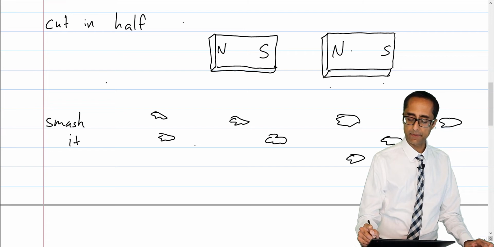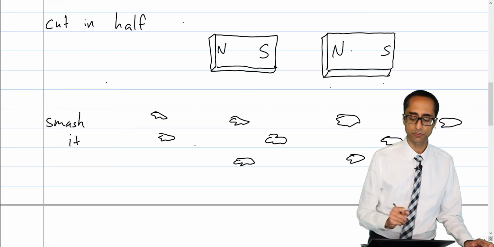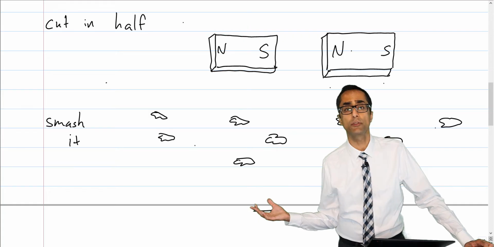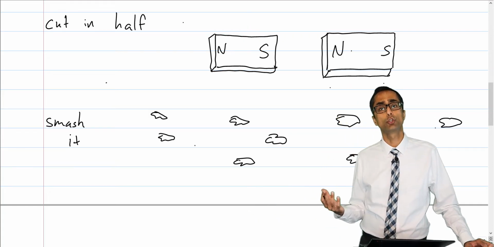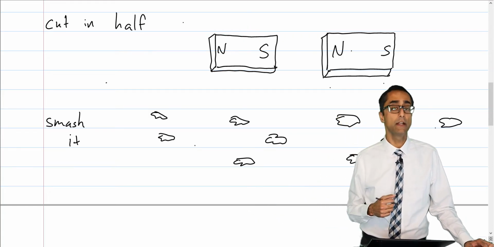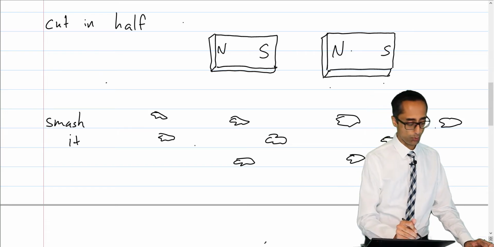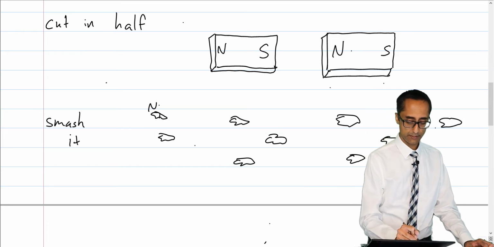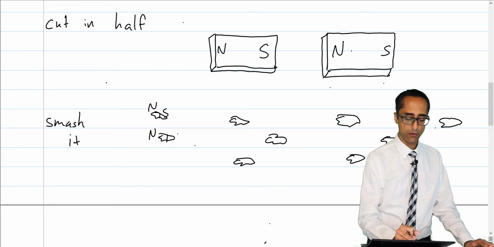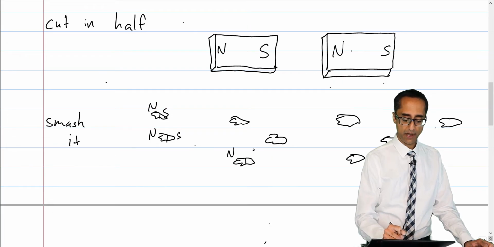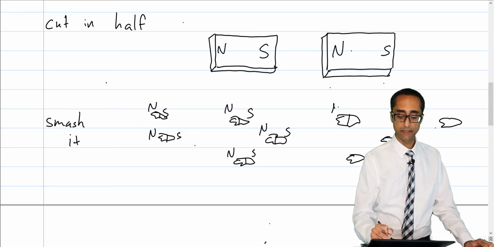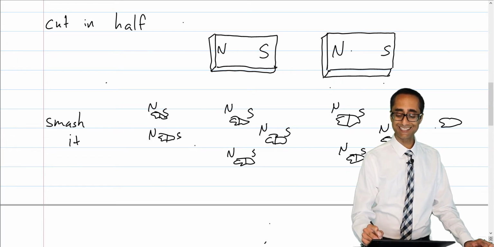And we examine them and we measure their properties and we ask ourselves, okay, which of these is north and which of these is south? Which is showing one polarity and which is showing the other? And again, they're both showing both polarities. There's a north and a south on all of these. No matter how small you go, no matter how small we've gone, we have not been able to separate magnetic polarities. Basically, what we would call a monopole doesn't exist